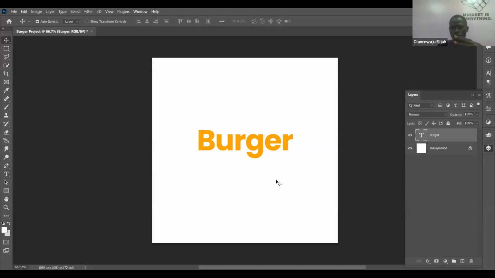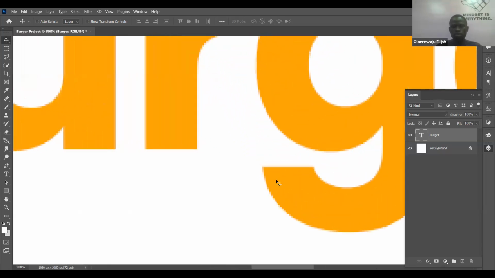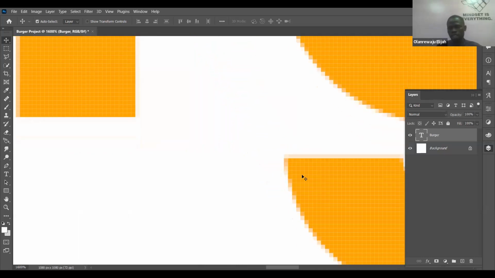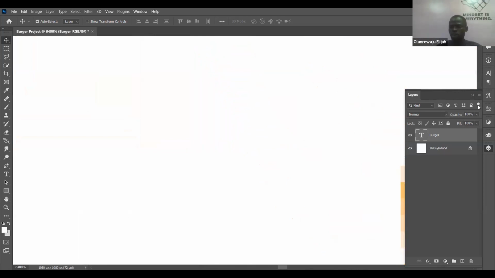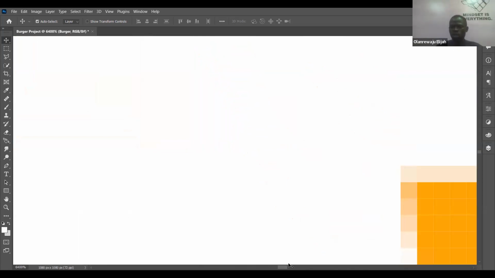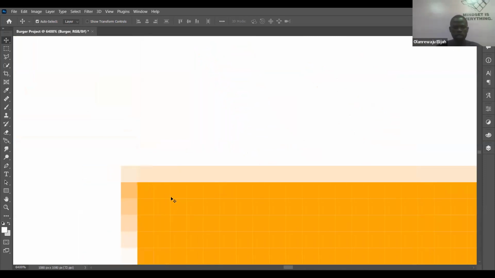Okay, before we move further, let me show you what I was trying to explain the other time. Photoshop is a raster software. What you are seeing here is a combination of boxes, which are pixels arranged in a grid, right? So now let's increase the size. Can you see now? Can you now start seeing the boxes? So this is a raster software and it represents its own image by boxes, which are called pixels. If you increase it more, you will get to a point where you are not even going to see any color anymore. Can you see the boxes now?